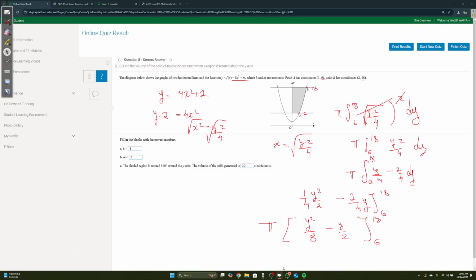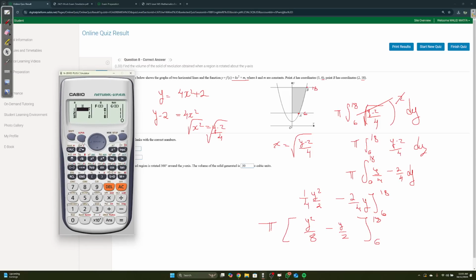Okay, put this in your calculator. 18 squared, and when it's done, you get 30,